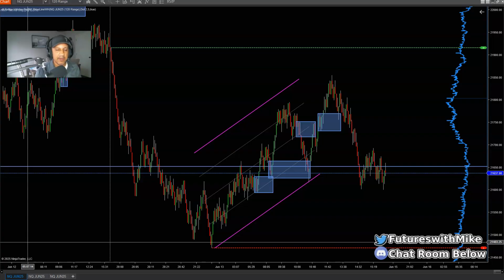Okay, but this is how I do it. It's a strategy I use when it comes to scalping. Well, I trade the E-mini futures, but it doesn't really matter if you trade the micros or the E-minis. You can trade it the same exact way. That's all I have for you guys today.